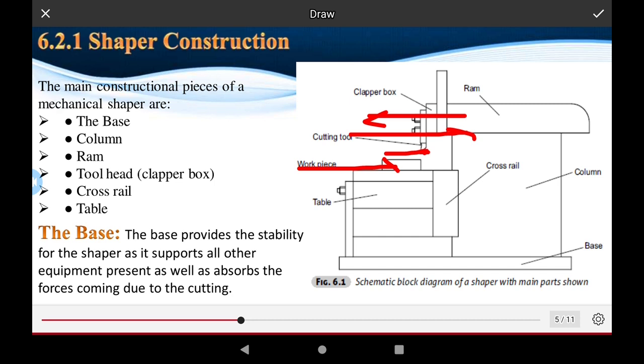Okay, and this is the schematic block diagram of the shaper with the main parts shown. The main parts of the machine have a very sturdy construction. The principle of the shaper machine is reciprocating motion. Okay, the bed is a very strong and very important part of the machine,